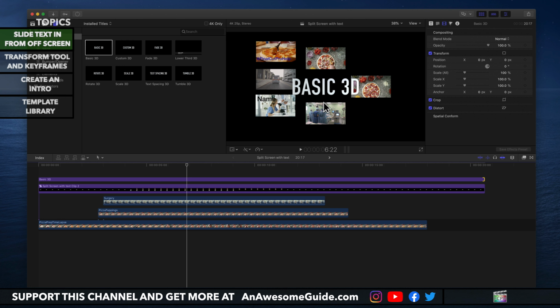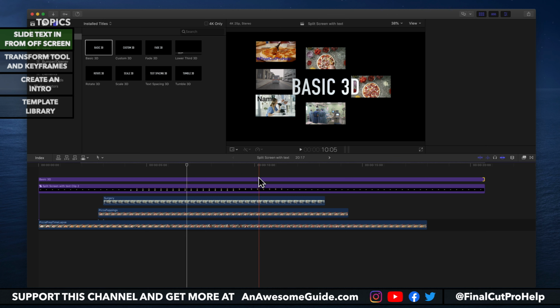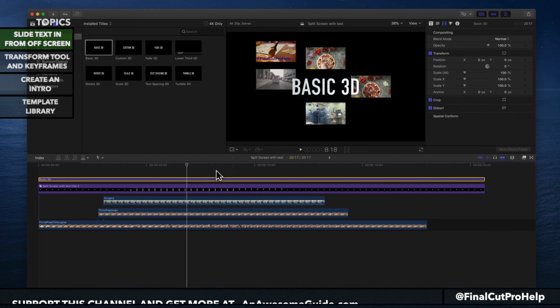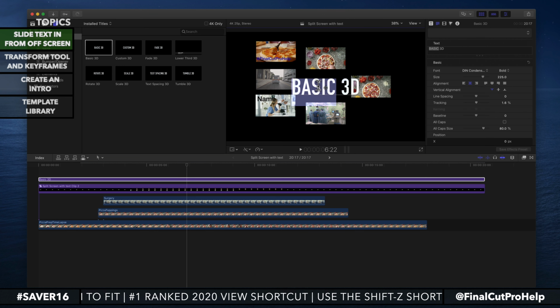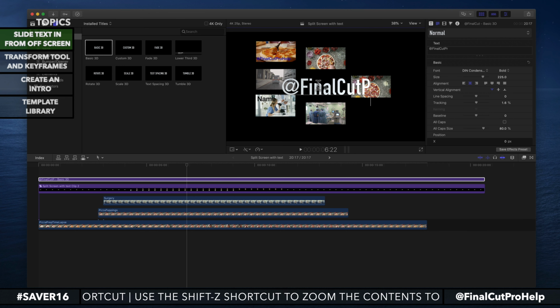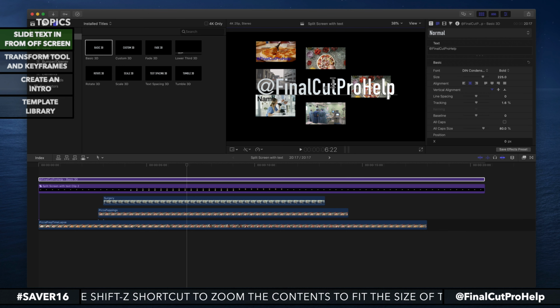So how do we make this text slide in from off the screen and onto it? With the text selected in the timeline, so it's got that yellow outline, I'm going to double click on it here to change the text. So I'll put our tag on here, why not, our handle. There's a couple ways to make this text slide in from off the screen. And you may go into the inspector here after you've edited the text like I just did,